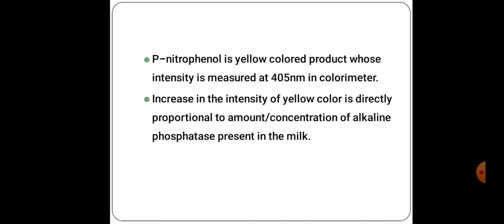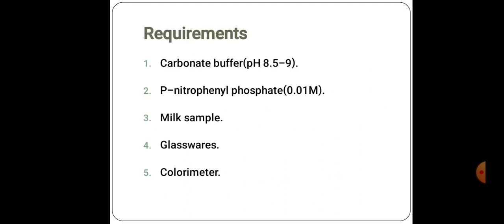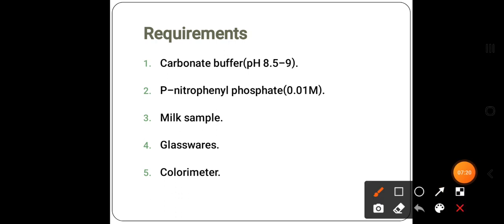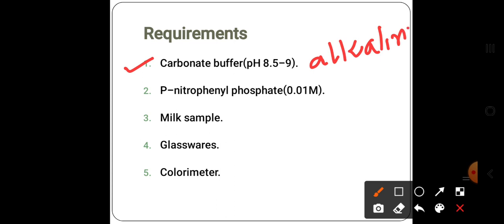For that we will need requirements. What type of requirements will we need? First one is a carbonate buffer, which maintains the alkaline condition in the test, because the enzyme itself indicates the